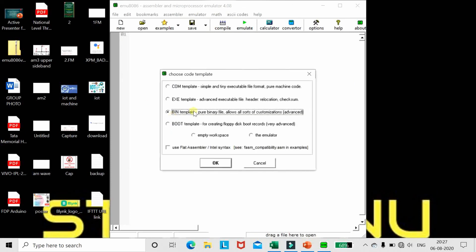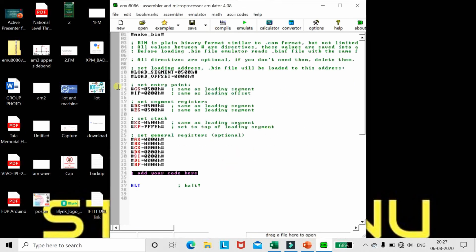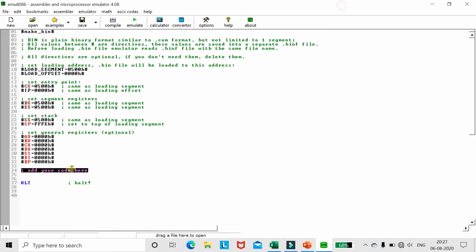Click on new, click on bin template. Here you will get initialize segment register, which we have seen already. Default initialization. Here the segment register I am initializing with memory location 4006. Why? Because there we are going to move our result, in 4006. Correct. So now here we are going to write a code.